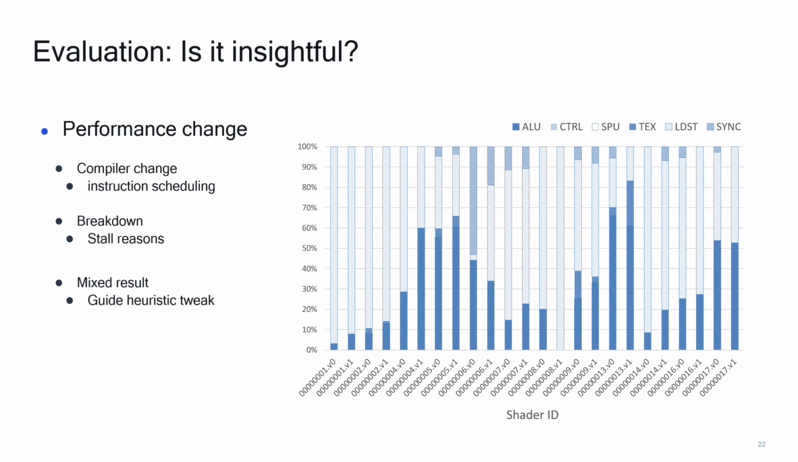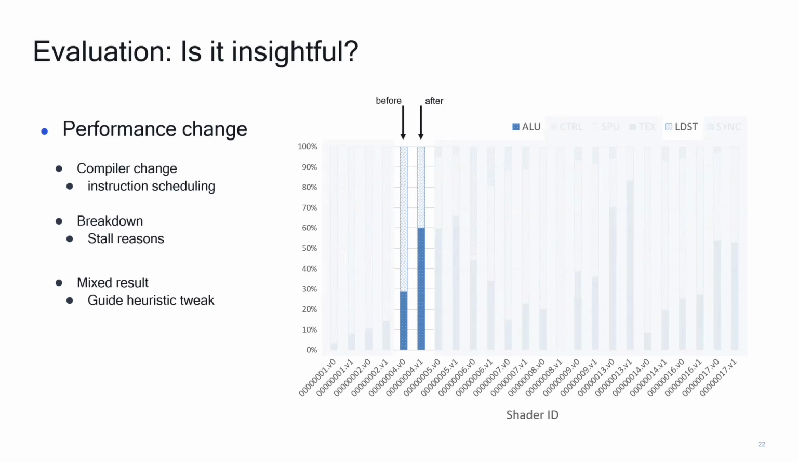In this figure, the x-axis is the shader ID. An ID ending with V0 is before the compiler change, and V1 is after the change. The y-axis is the percentage of stalls. As you can see in this figure, the compiler tweak shifted contention from the load store unit to the LU unit for